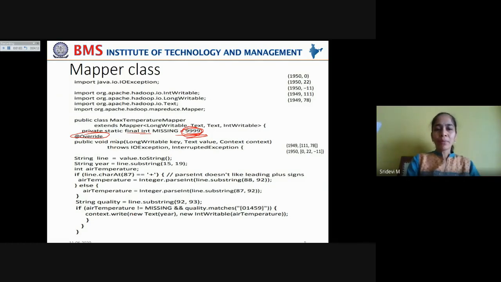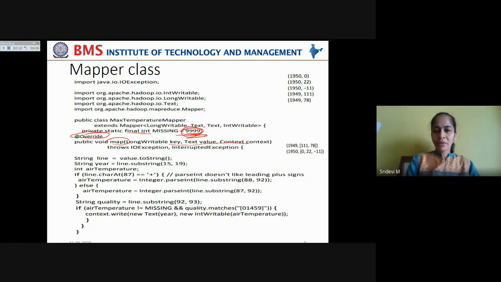A public void map, now we are redefining, we are overriding the map function that is already declared in the Mapper class. And what type of parameters does it expect? It takes a key value pair in the form of LongWritable and Text, and it also requires a Context object. Why? Because you need to pack all the details into the Context object.